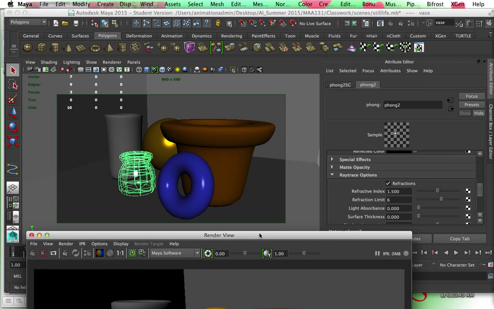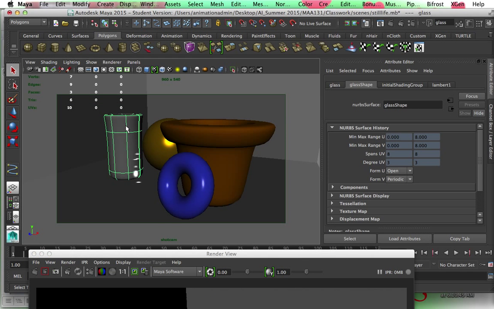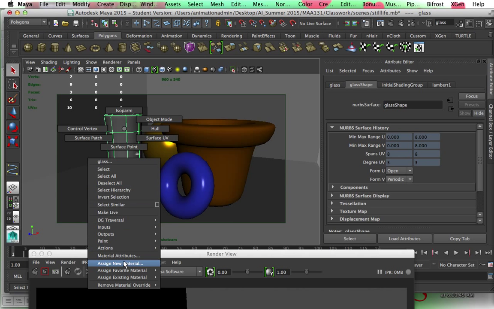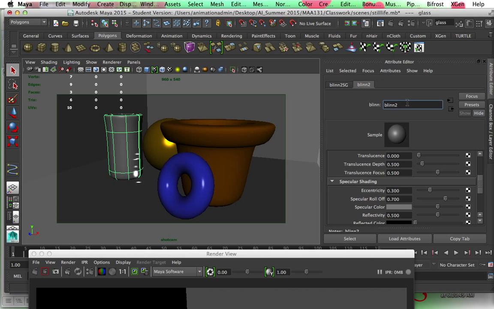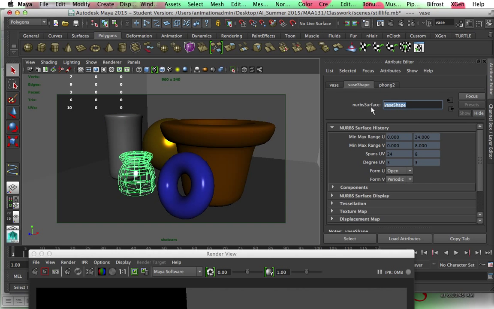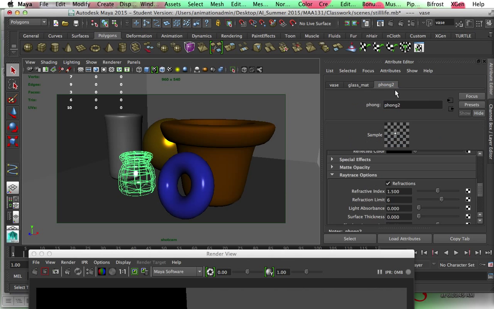I'm going to keep this open for here. I'm going to select the last object, which is the vase, and I'm going to make it a silver color. So I'm going to right click, add favorite material, blend. I'm going to call this vase material. I don't believe I named my glass, so let's call it glass material. And with that, I'm going to change this to